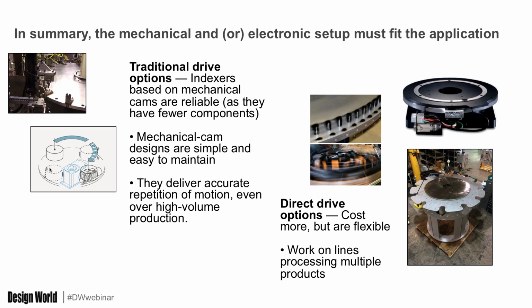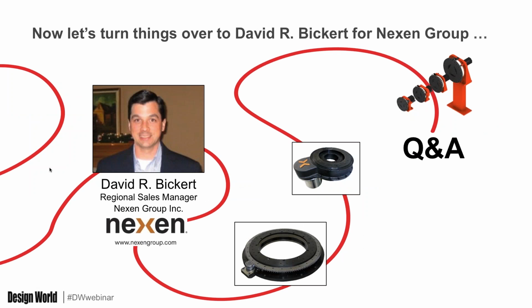anywhere applications need flexibility. So with all this, it begs the question, for a given indexing application, how should engineers plow through application details such as indexing angles and speed and required dwells and the moment of inertia to pick the most suitable? Also, what about the table design itself and its orientation? So we have motion components and system manufacturer on the line. Next slide. This is where I'm going to turn things over to David